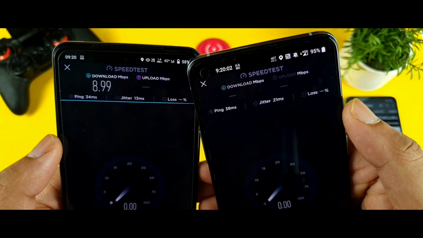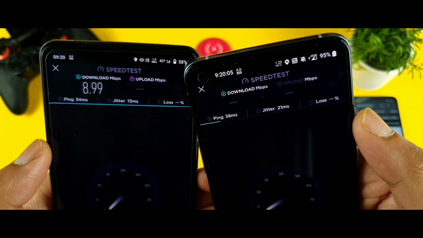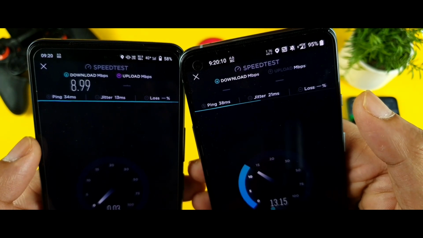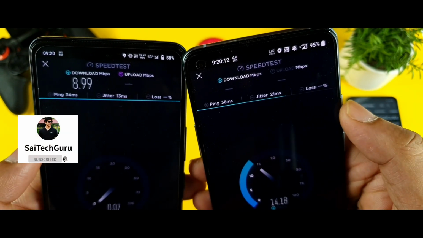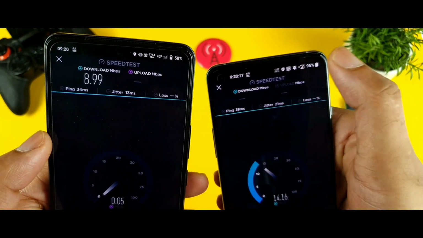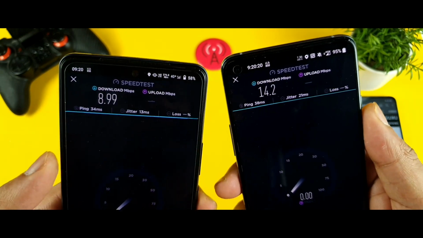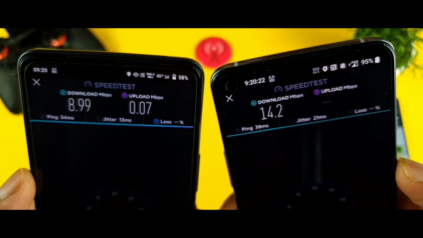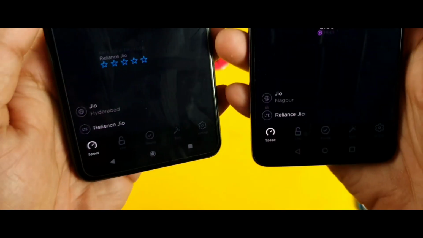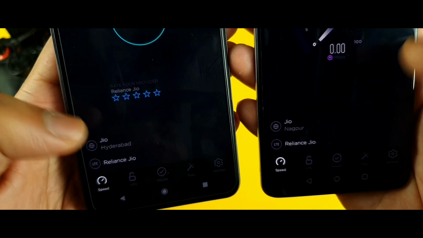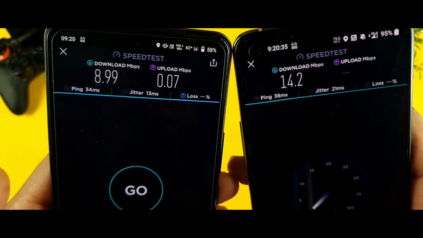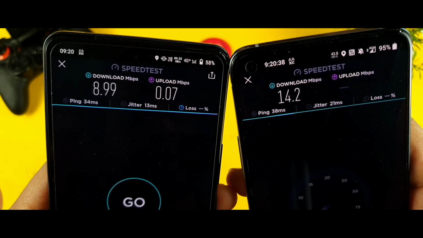So sometimes because of changing the bands, the internet might get disconnected. So that is the reason you're seeing this kind of disconnection. But once you get stable, this kind of 3cc continuously, you can see the difference between both phones, how much it is. As you can see, I'm trying to show you these bands on the notification. That is the reason I'm trying to keep these phones a little bit close to the camera, so you'll be able to see exactly 4G plus and on the top what kind of bands they're able to get. And this is the complete same SIM card, same Jio SIM only I'm using. As you can see, but different results at the same location, friends.